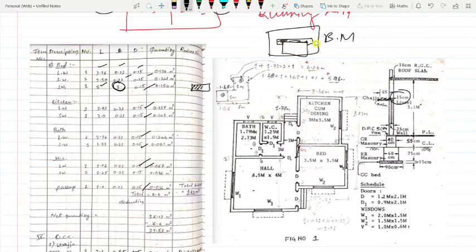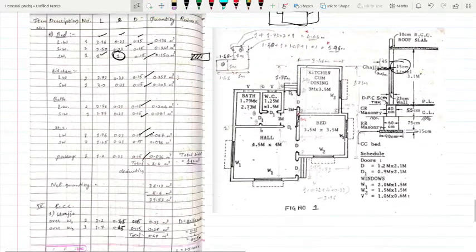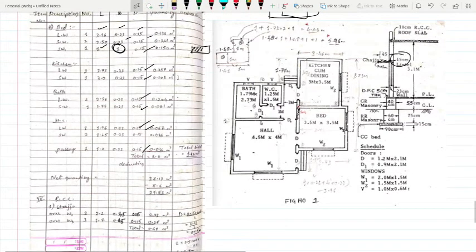Then in the RCC quantity you will take this into consideration, because you have to calculate the quantity of concrete. See, everywhere again same. Kitchen: 3.73, 0.23, 0.15, 0.23, 0.15, everywhere same thing.